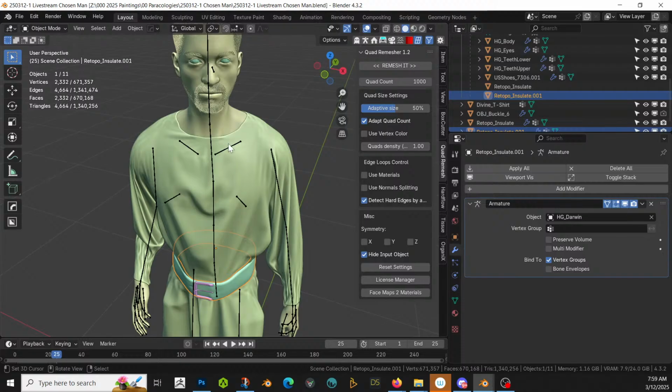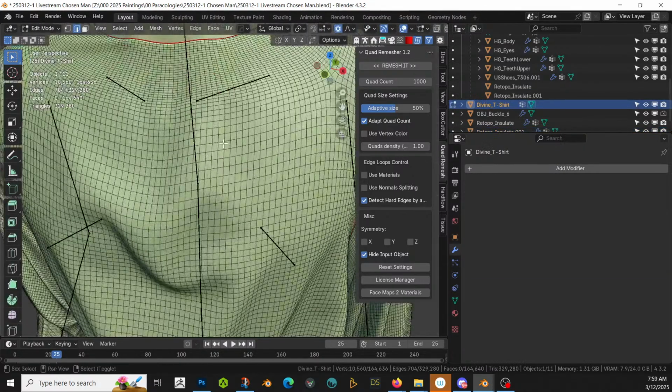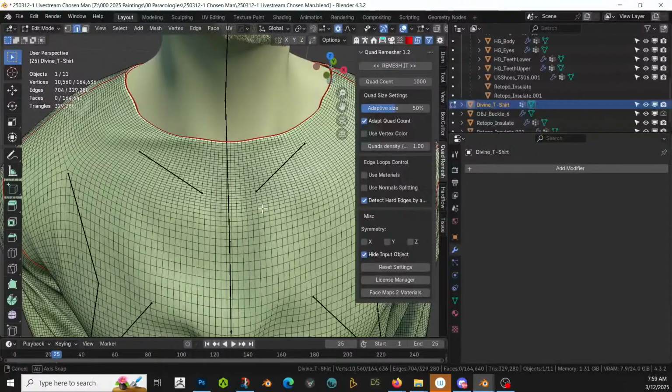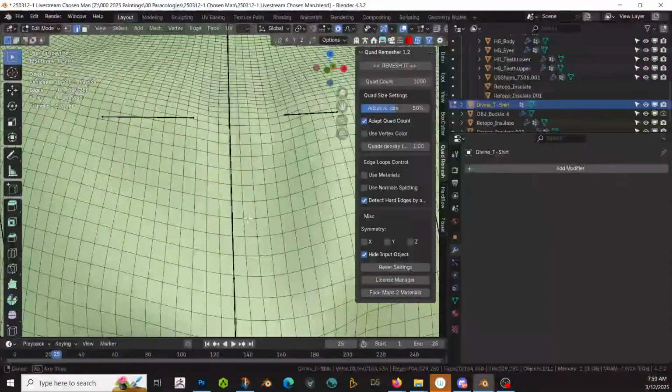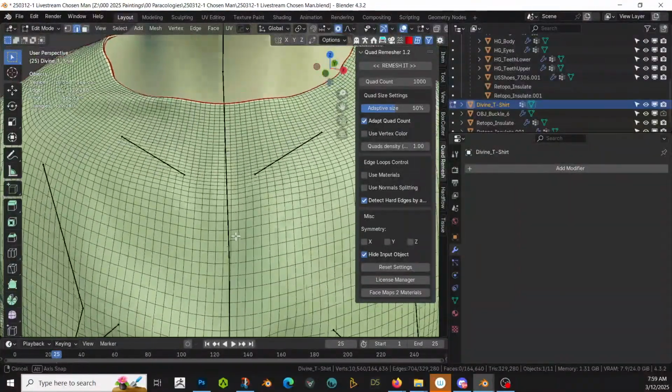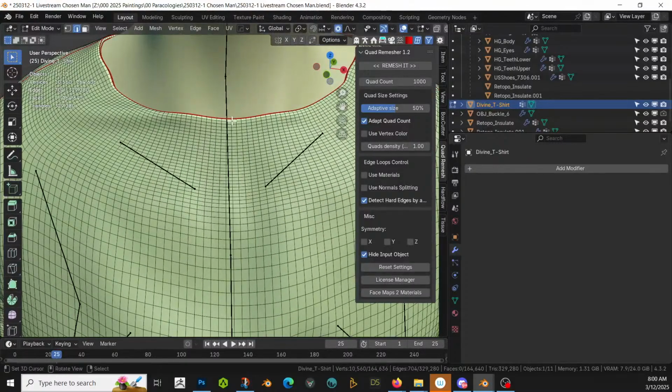I'm just going to see what this looks like now as a mesh. How are we doing? Pretty good. Is there a center line? Not really that we can see, but